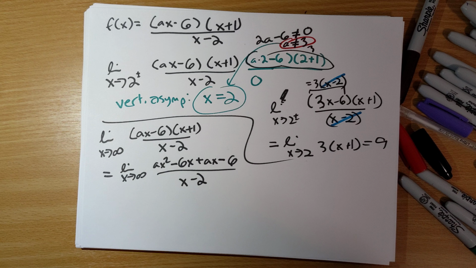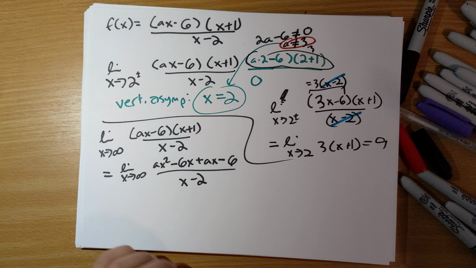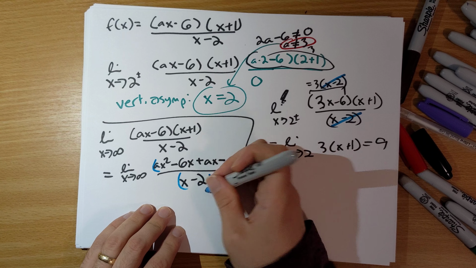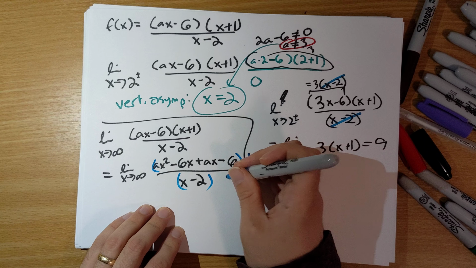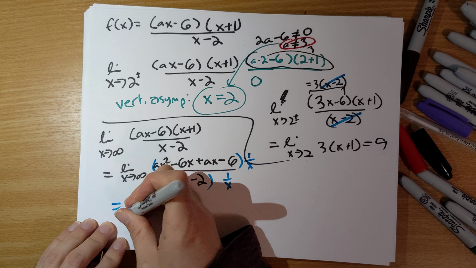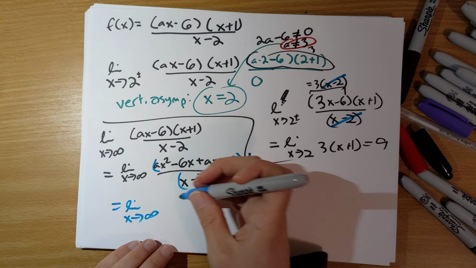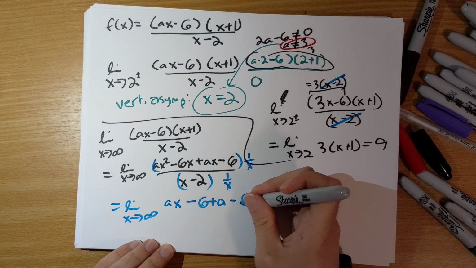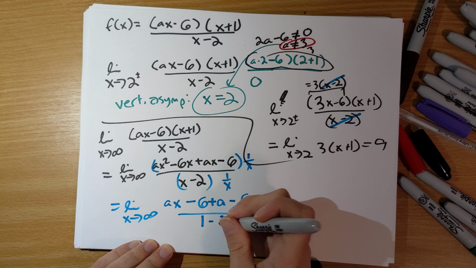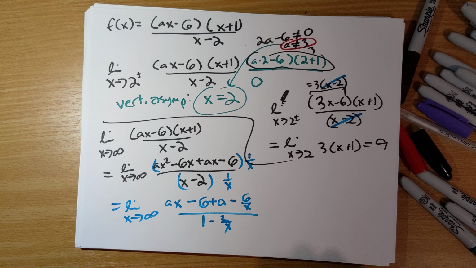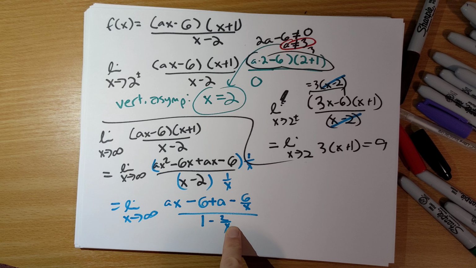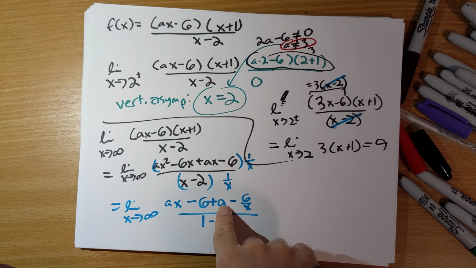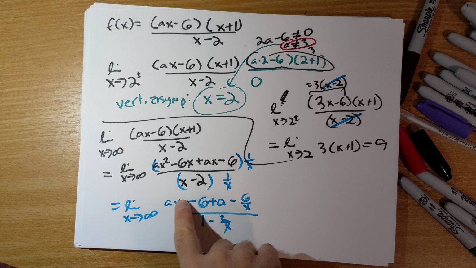Let's divide top and bottom by x to make this even more striking, to get the limit as x goes to infinity of (ax minus 6 plus (a minus 6) over x) over (1 minus 2 over x). So as x goes off to infinity, the denominator goes to 1 minus 0. It's just 1. That will go to 0. That will be a. That will go to 6. And then this term will go off to infinity,